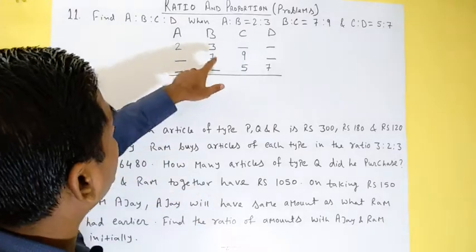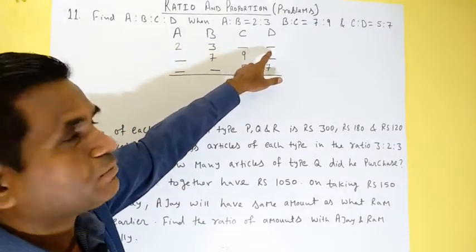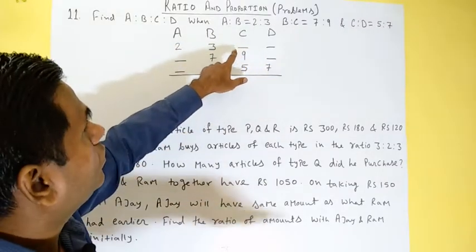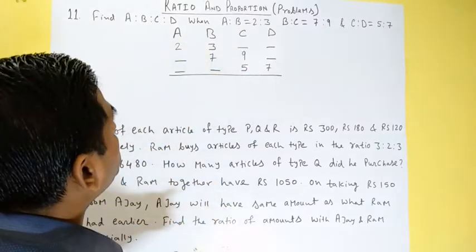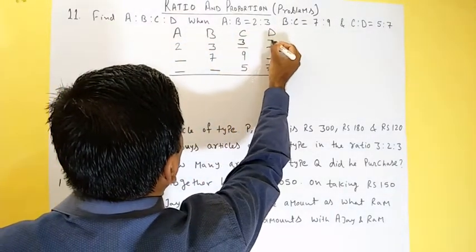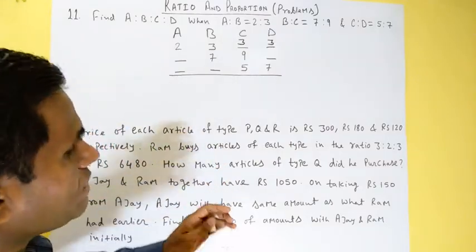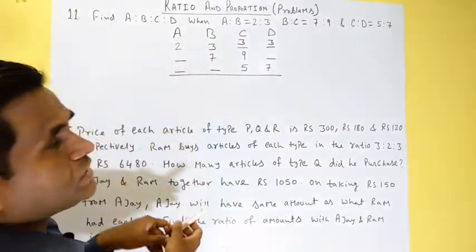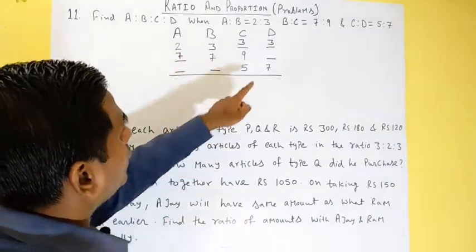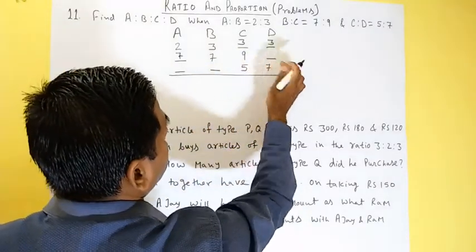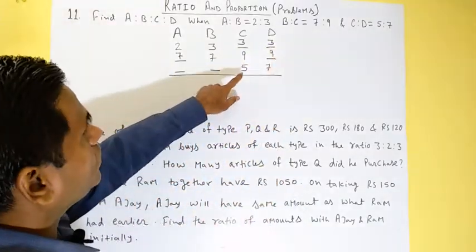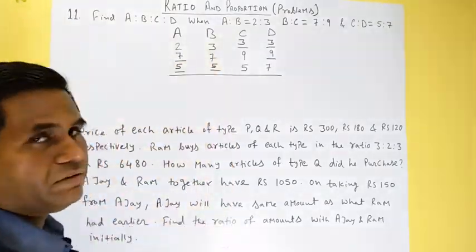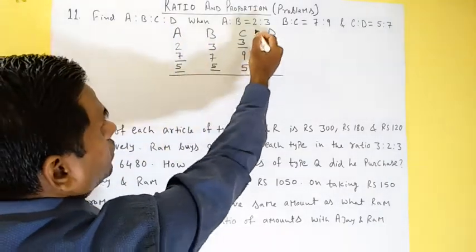Very easy trick, friends. Here you can see these 2 digits are missing, for C and D in the first row. So it is missing next to which digit? Next to 3. So we will simply fill 3 over here and here. The same concept we have to apply everywhere. Here you can see next to 7 it is missing, so we will write 7 here. Here next to 9 it is missing, so we will write 9. And here you can see next to 5 both are missing, so we will write 5 as well as 5. Now you have to multiply it column-wise.